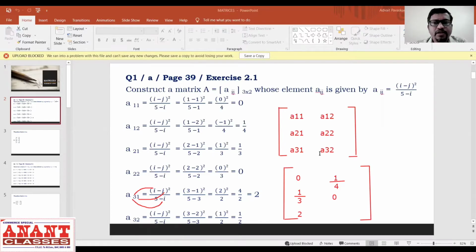एंड द लास्ट ये ढूंढना है, A थर्ड रो सेकंड कॉलम। तो आपका वैल्यू आ गया 3 and 2। तो i का वैल्यू 3, j का वैल्यू 2, i का वैल्यू 3। सो 3 minus 2 that is 1, 1 का स्क्वायर 1। 5 minus 3 that is 2, that is 1 divided by 2। तो आपका जो वैल्यू आएगा यहाँ पर, वैल्यू विल बी 1 डिवाइड बाय 2।